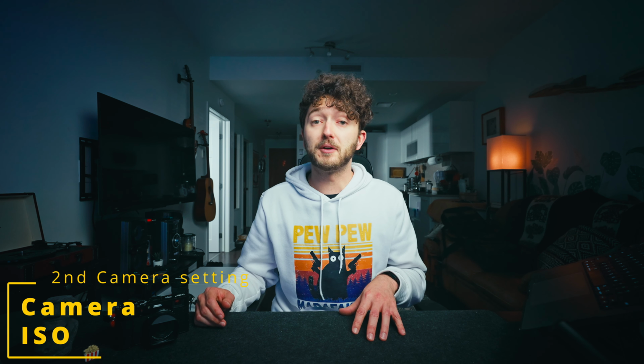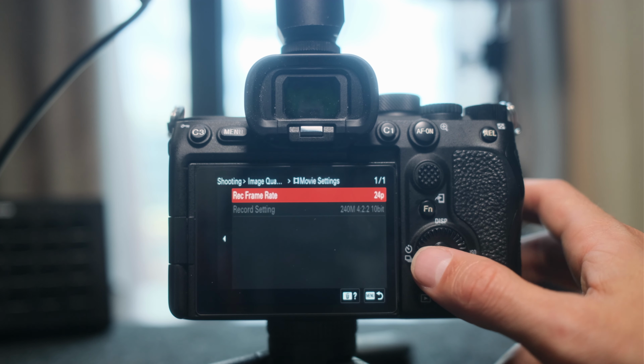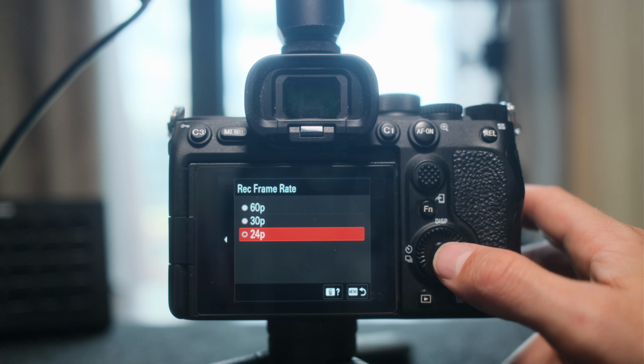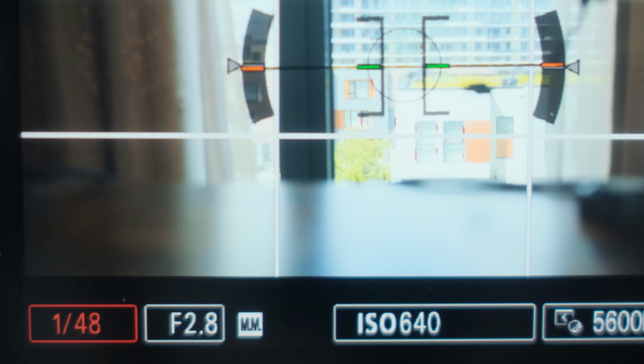The second thing you want to change is your ISO. You want to make sure that you set your camera to its native ISO. In our case, this is 640. The next thing you want to do is change it to 24 frames per second. This is really what will give you that cinematic motion blur, because most films are shot at 24 frames per second. And as far as your shutter speed, you want to set it to 1/48, or 1/50 if your camera